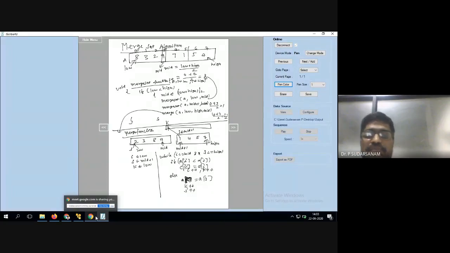Do you have any problem with this? Like this, it will be copied. Here is 2. Next, 3 is less than 4, so 3 will be copied. Next 4 will be copied, then 5, then 7. Now only 8 and 9 are remaining. So now move to the next.